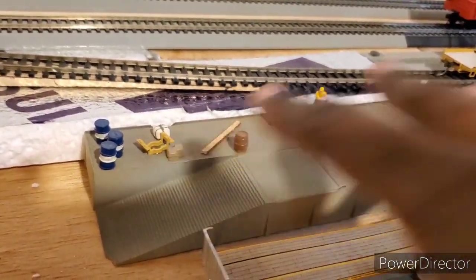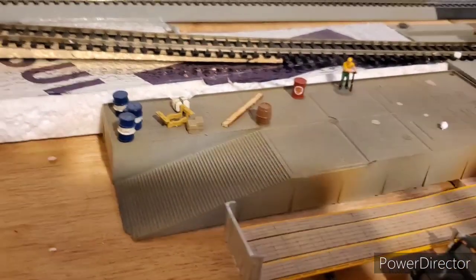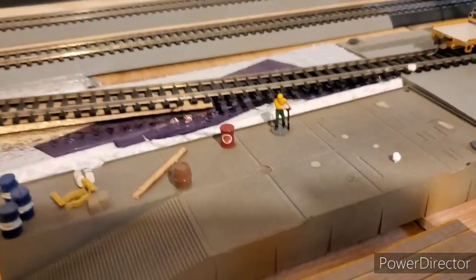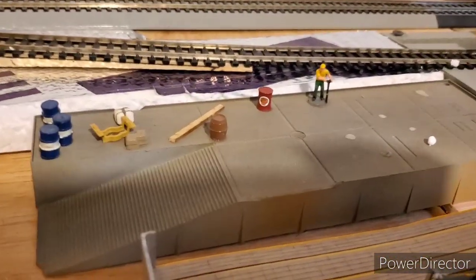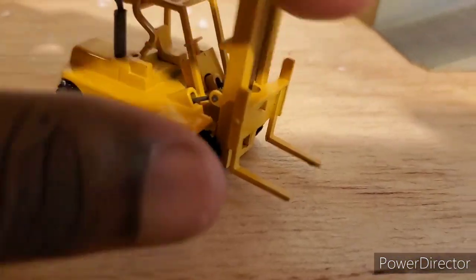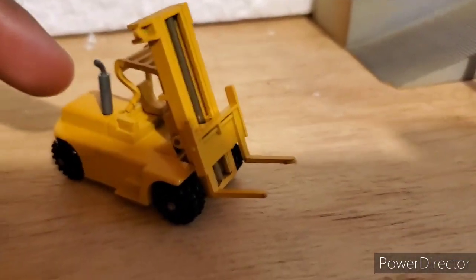This is not realistic for me, so I'm going to end up doing another rant right here. But I'll come back to here later. I want to show you guys some more pickups that I've been buying. So I'm going to show you my stuff off of eBay that I've been buying. First off here, I bought this forklift. I thought this was really cool. I needed one for